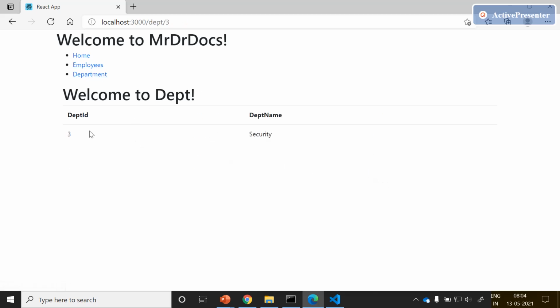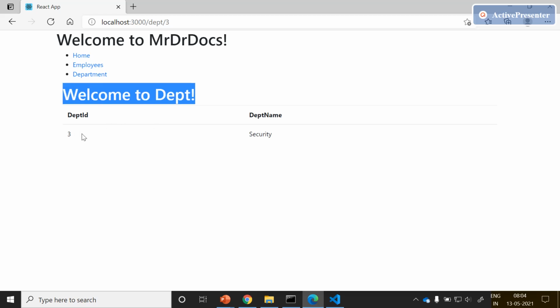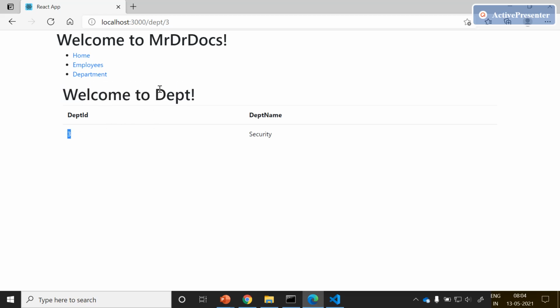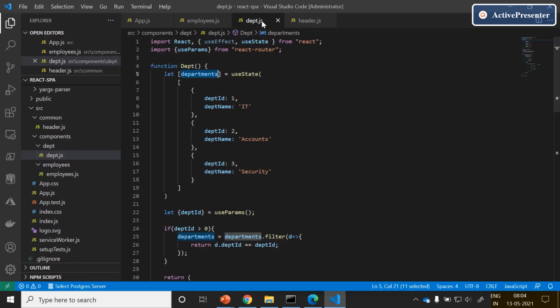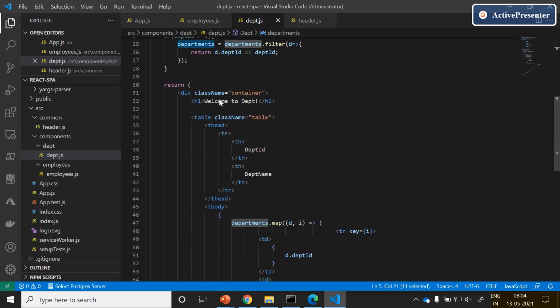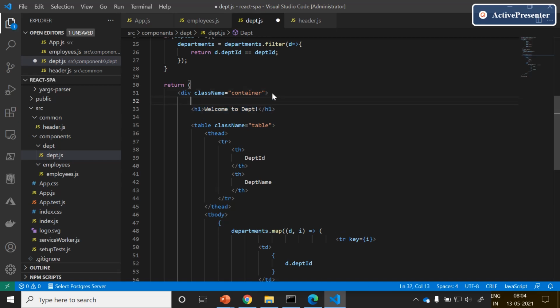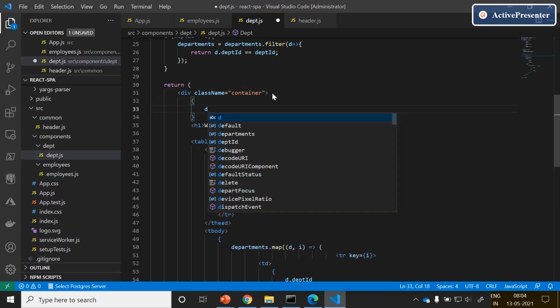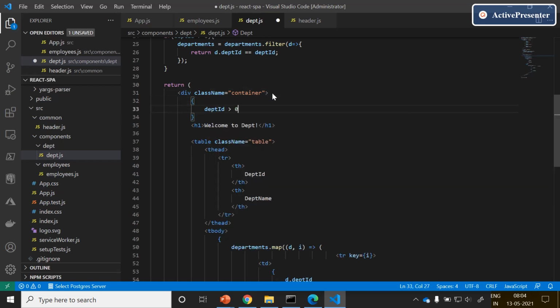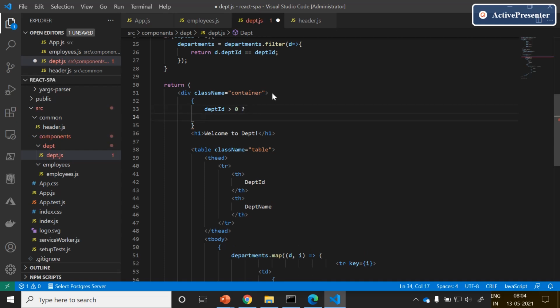Try to click on the third. Here we try to show the department ID which the employee belongs to in the welcome message. Let me go back to dept.js. Here, instead of showing the welcome to department directly, we try to add some conditional rendering. If DEPT ID is greater than 0, then we try to render the